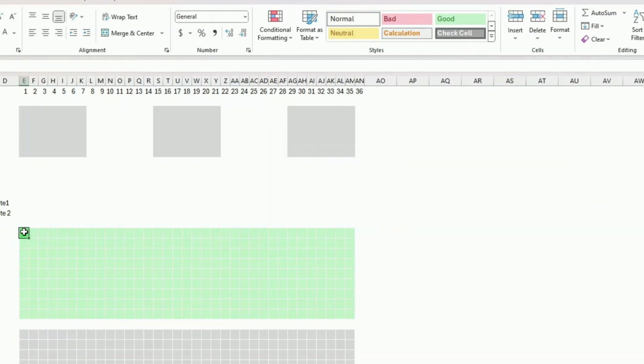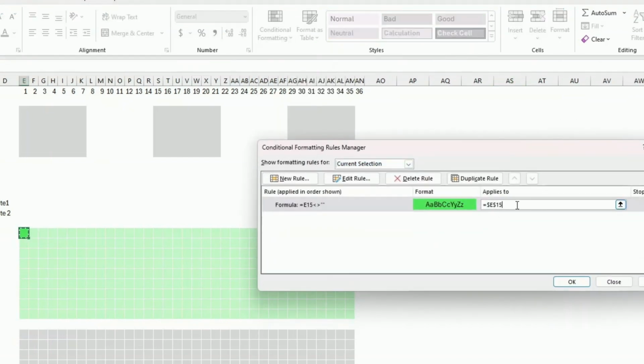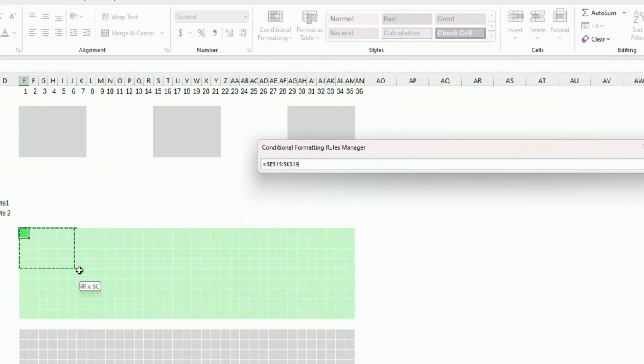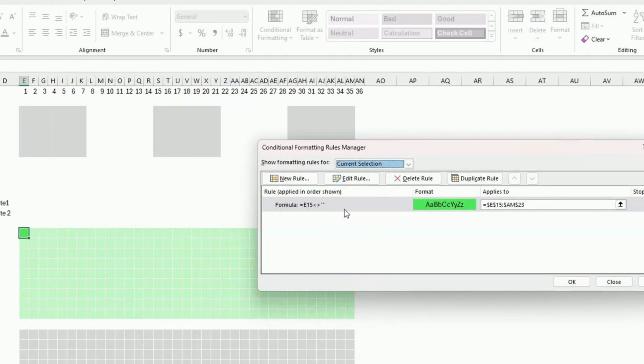Okay, so now this works for this one. Now I need to apply it to the whole grid. So apply to, I click on it and I select the full grid. Okay, apply. Now I want to do the same for the others. So what I could do is I could just